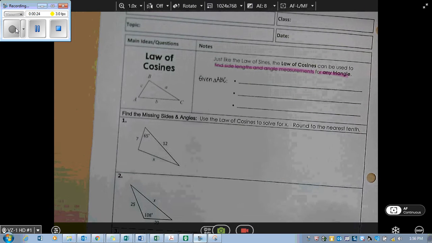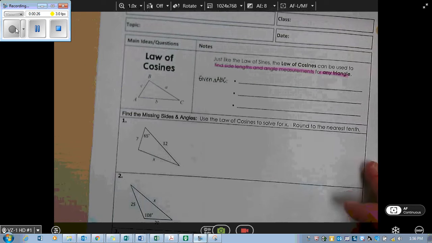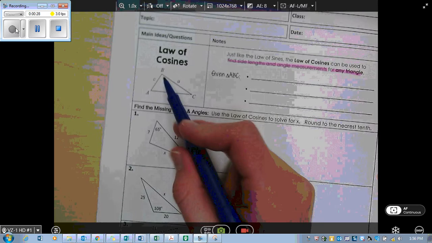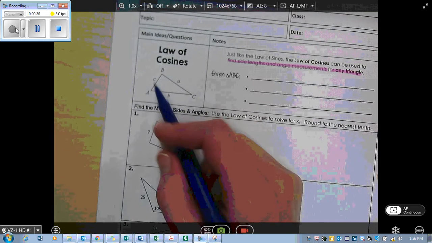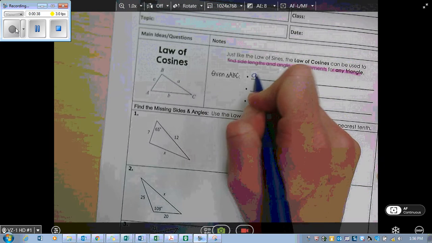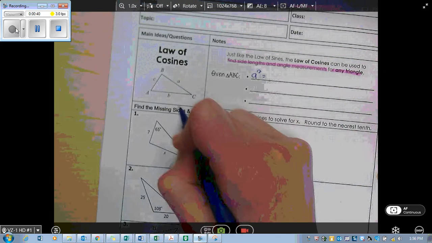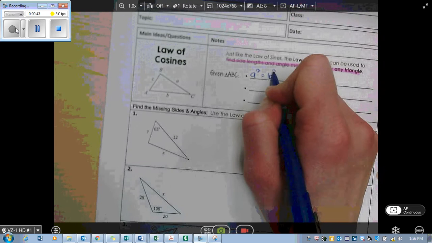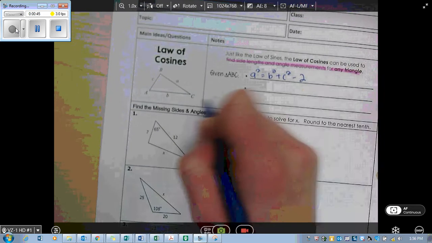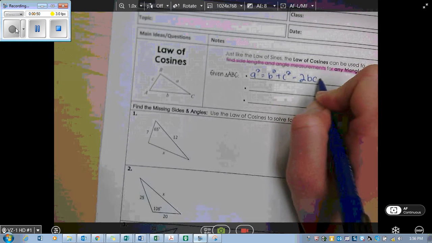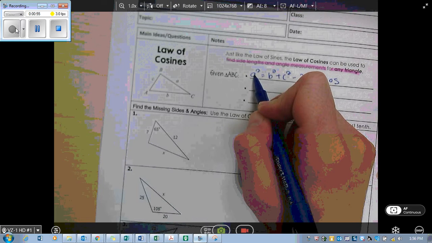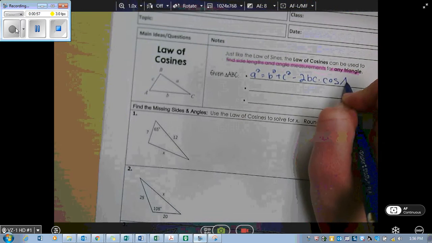What we're looking at again is we're still looking at reference angles and sides. Whatever side or angle we are trying to find, we're going to start with that side measure. So if I'm trying to find either reference angle A or side A, I'm going to say A squared is equal to my two other sides, so B squared plus C squared minus 2 times, again, these two non-isolated sides, so BC times cosine of whatever reference angle is for my isolated side here, so cosine of reference